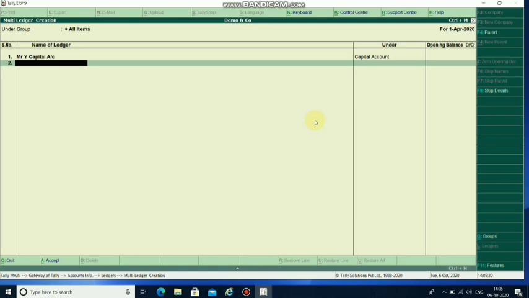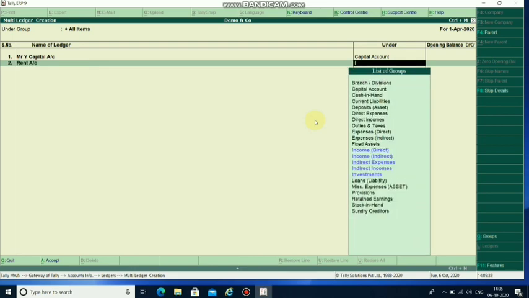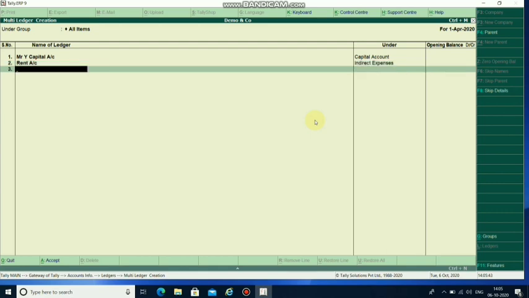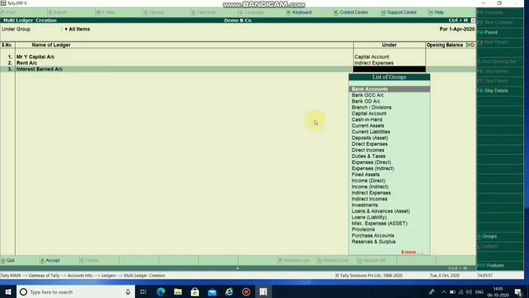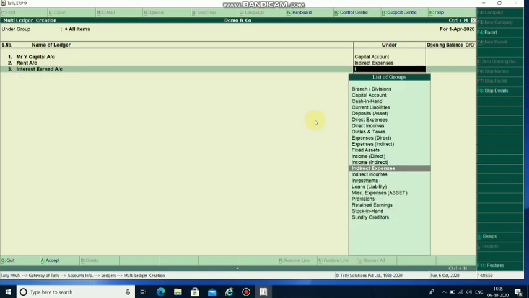If any opening balance is there, you can input it, or else you can hit enter to get into the next ledger. Rent account, indirect expense. Interest earned account, indirect income.